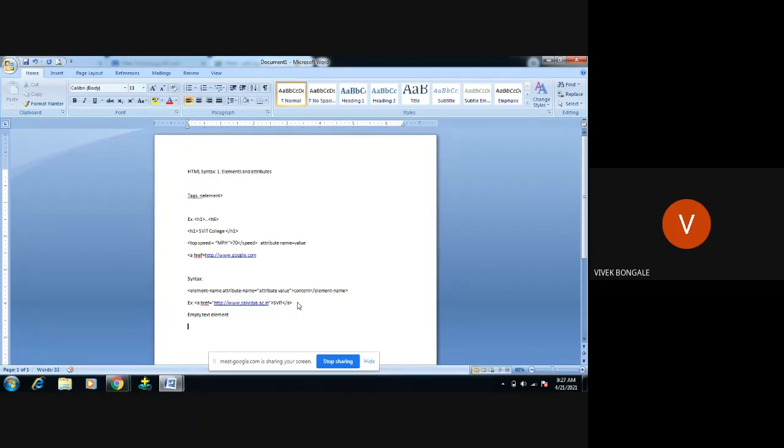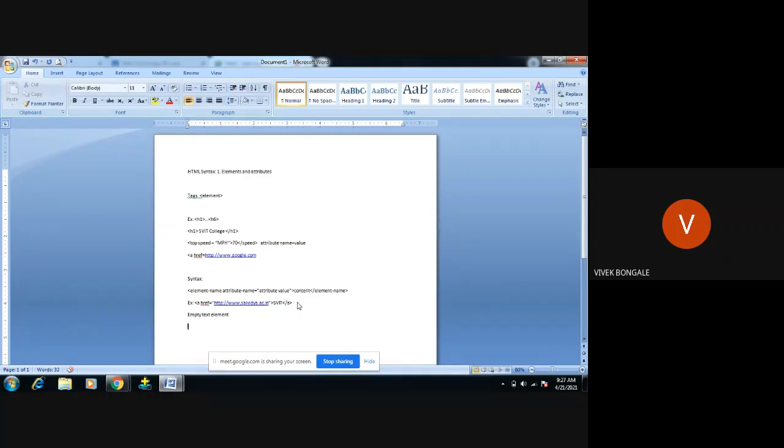By the name only we can say empty text element. Element means a tag. So I am going to use some tags there, but after using the tag, I am not giving any attribute value or any content value.